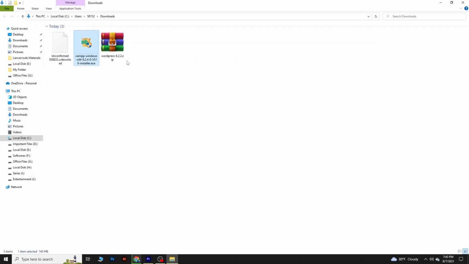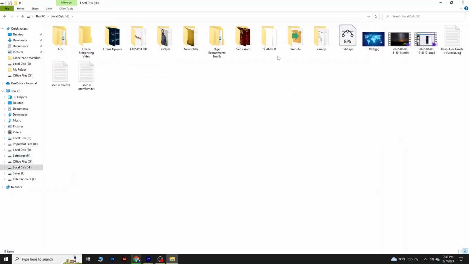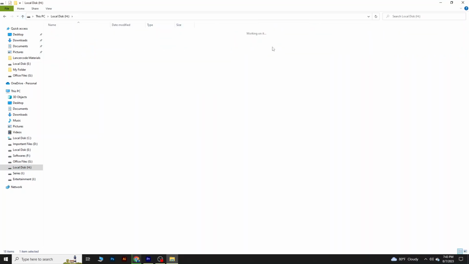So these are the two files that we are going to use to install WordPress in our local host, that means local PC. So just copy these two files and put them somewhere in the safe drive. So I'm putting these two files inside this website folder here. So one is XAMPP and one is WordPress. First we need to